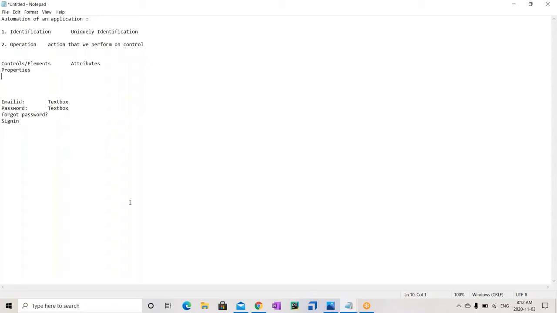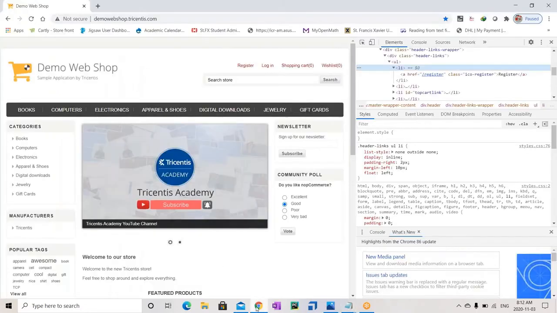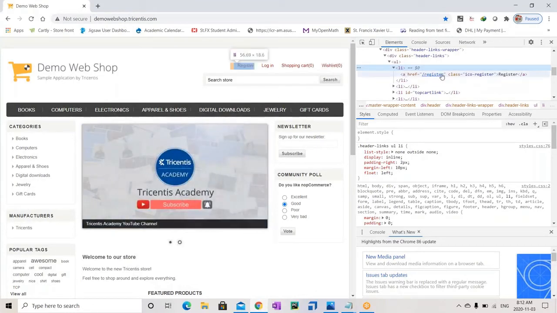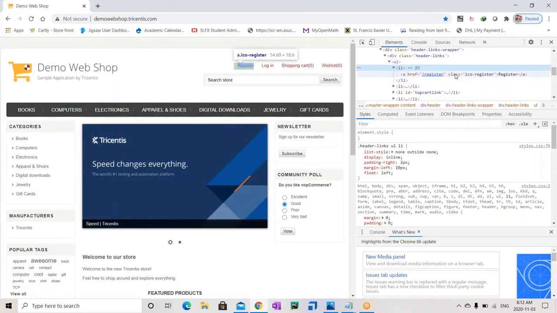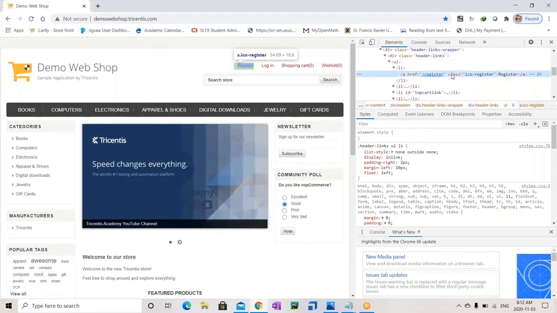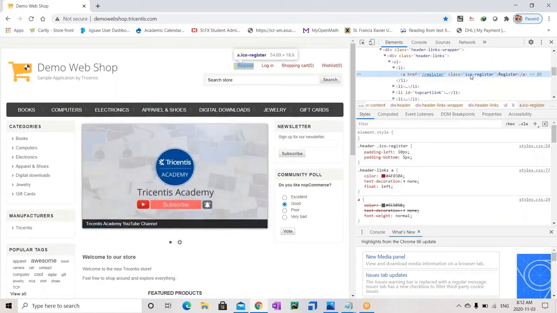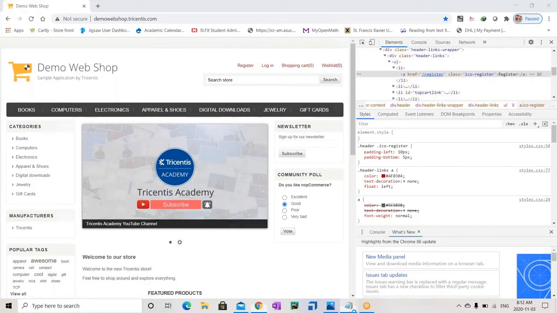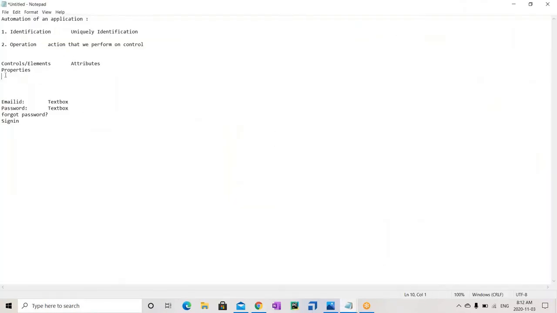Similarly, the controls that we are talking about in a web page also have some properties. If you see the register, whatever we are looking for, it has a property like class, that is ico-register. That is nothing but the class name. So let us list out some different types of properties.